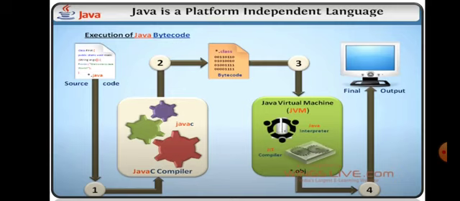First one is this source code. What is a source code? It is in the form of a simple text file. You type the code, which is in English. You save it as .java. And after doing that, javac is the command. The javac compiler will convert this